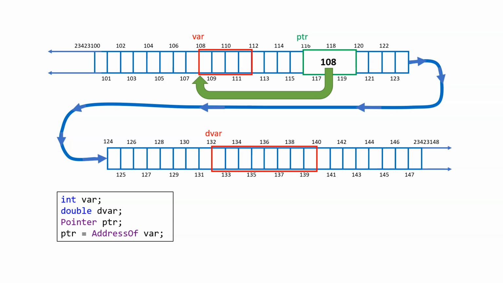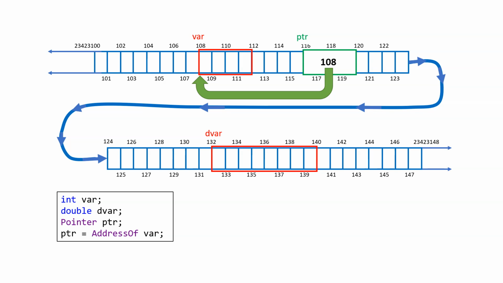Can we use pointer equal to 1? Pardon me? Do we have to add the address of? Yes. What did I say at the beginning of the lecture? I said format your brain as if you have no idea what a pointer is and we want to design one. So if you think about your knowledge from pointers, then you're going to ruin the lecture. No, it's literally address of. So we are designing it. So you have to write PTR is equal to address of var for it to point to var. That's what we are designing.